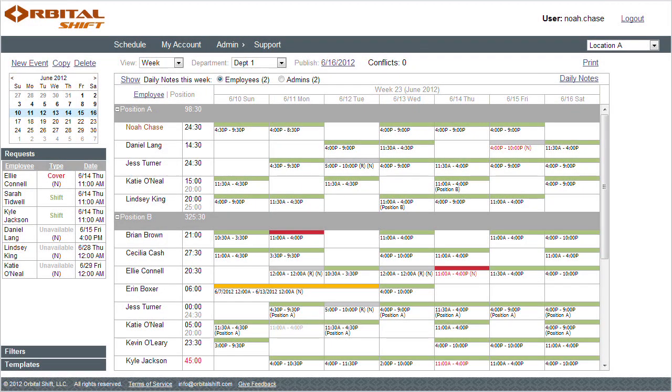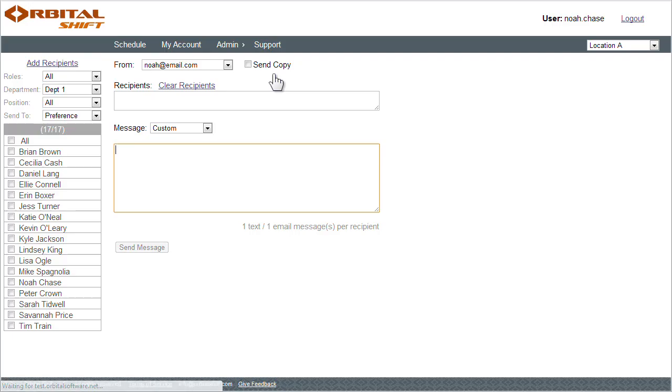Core area Orbital Shift looks to provide value is enhancing staff communication and awareness. Remembering that employees can enter their cell phone number, email address, and select their communication preference, we also have a messaging system. I can get to this by selecting the communication page on the menu bar. Using the filters and employee list on the left, we can communicate with any one employee, like if I want to send a message to Daniel,